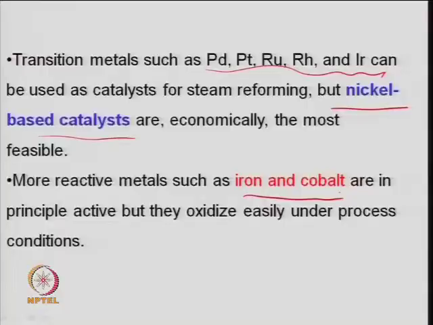A kind of micro reformer, that is the concept, where from a large scale unit we want to go to a small or channel type reactor, right. So, that is one R&D area where one needs to look at new kinds of reactor design, new kinds of novel catalyst, where the system can be smaller and smaller. So, iron and cobalt have also been tested, right. They are also very active, but they can oxidize easily because a lot of water is present. So, that may not be good for the reforming reaction.